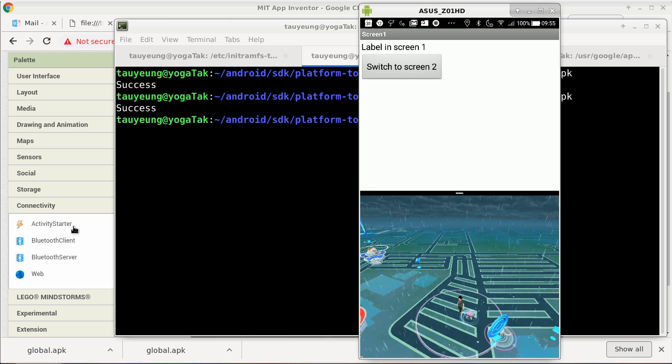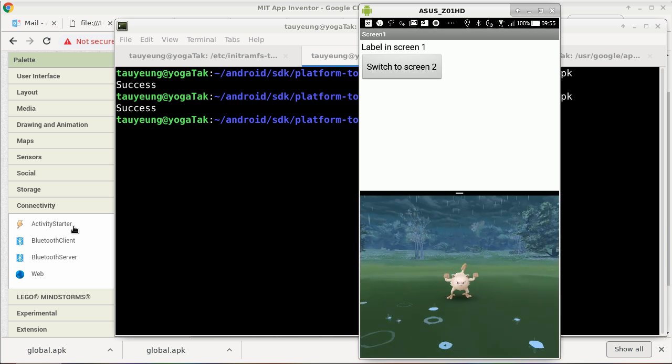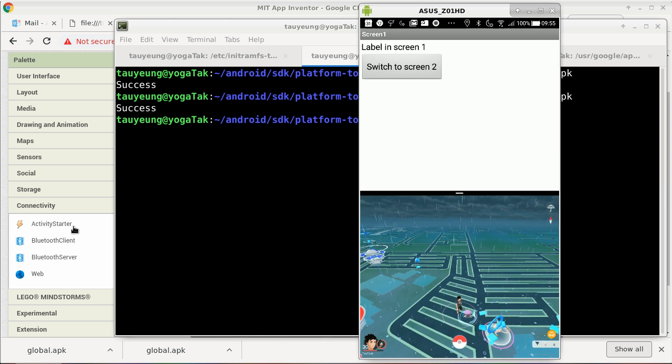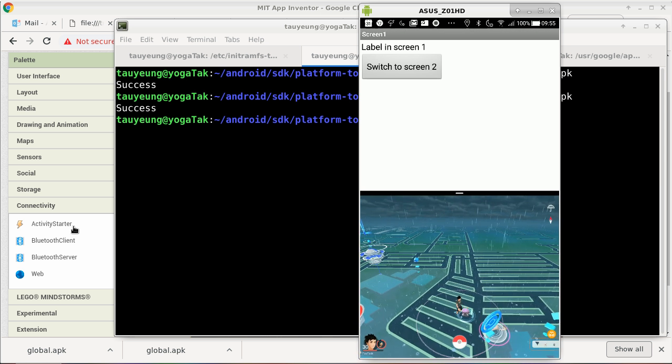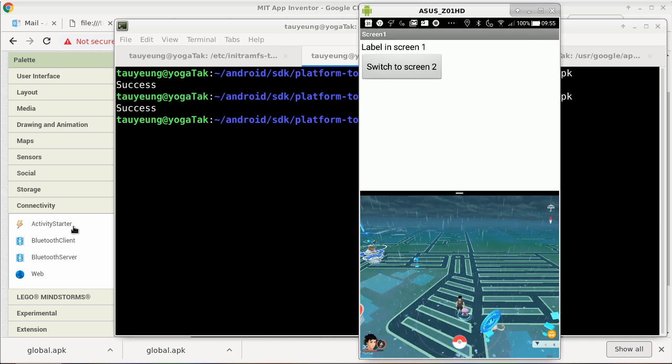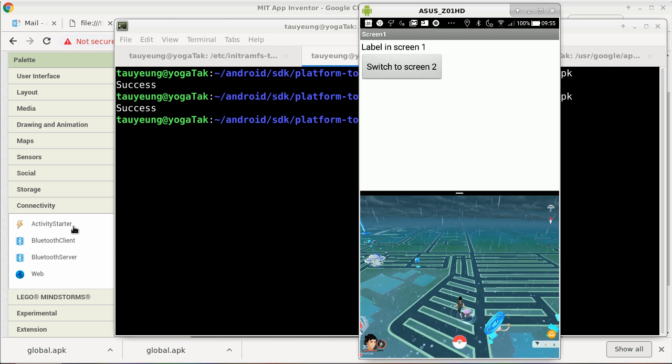Yep, so let's see. Can I interact? Yep, indeed I can. But it doesn't show you the entire screen. It is as if my actual screen is only this big with my other app. But yes, this is proving that you are correct. With Android, you can split the screen and run two things at the same time, which is very handy sometimes. But it depends on how heavy duty both of these things are.